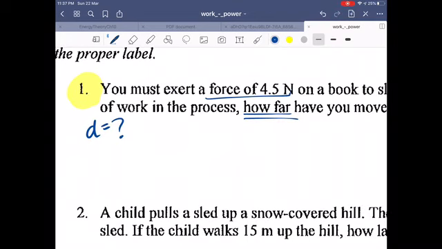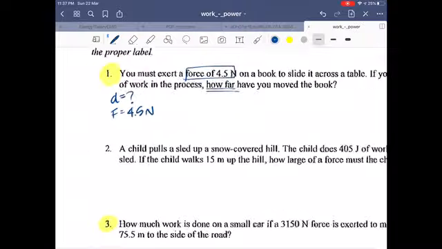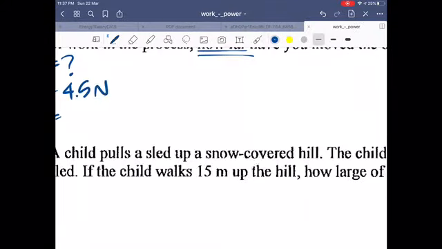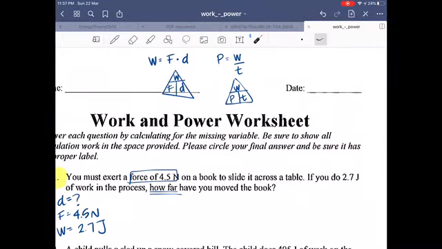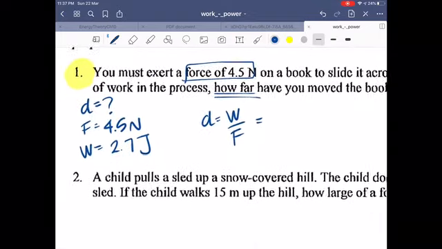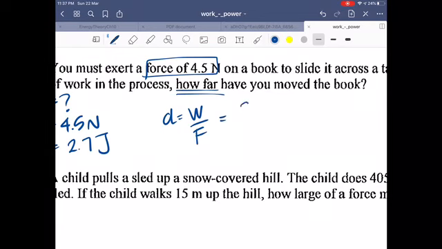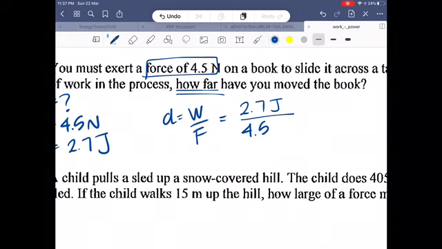Then they're telling me that you have a force of 4.5 newtons, and you have work done of 2.7 joules. So you will go to your triangle and observe that you're searching for distance. So if you're searching for distance, you will have work divided by force. So distance equals work divided by force. I need to see the data, remember guys. So we have 2.7 joules divided by the force, which is 4.5 newtons. And your answer would be